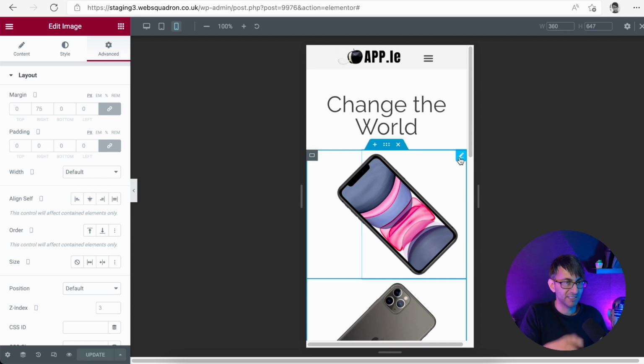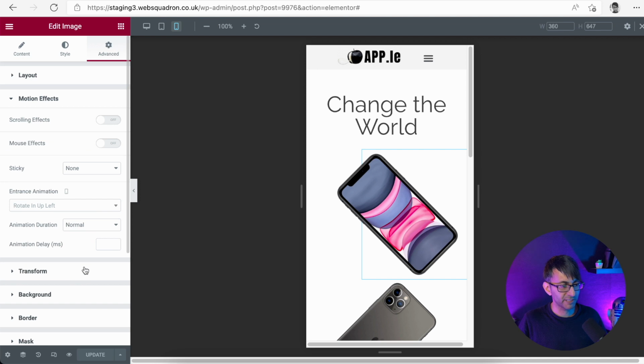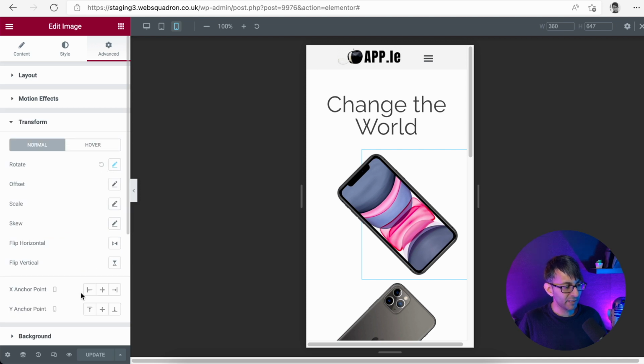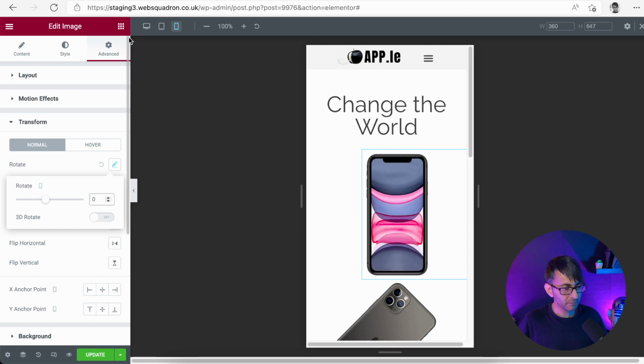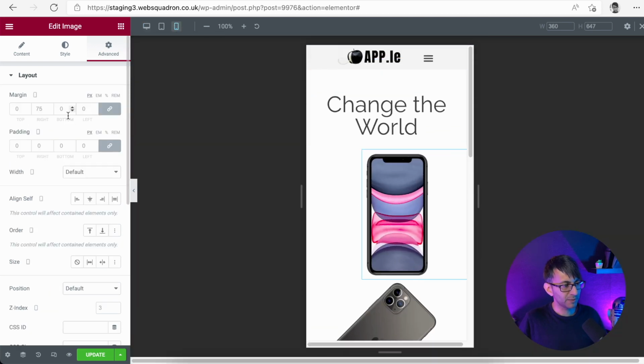So let's just take this item here. If I go down to the motion effect, the transform, I can, if I want, click this here and then say, right, for the mobile, set it to be 0. So on the desktop, you have that. On the mobile, we have 0. Go to your layout, and I could actually